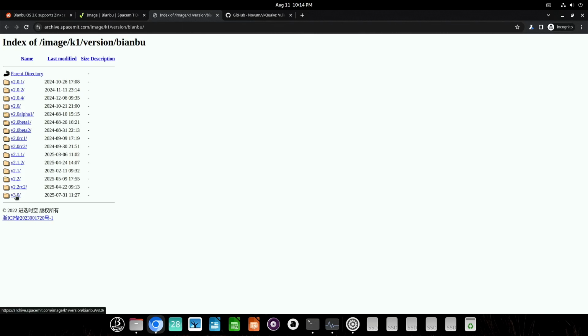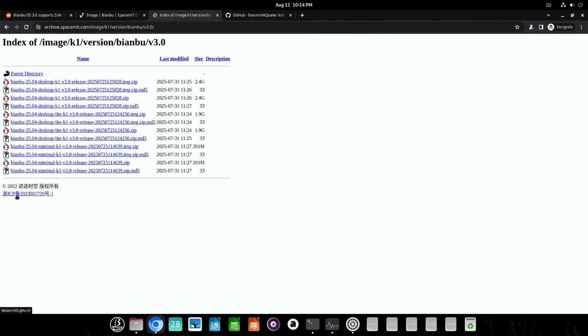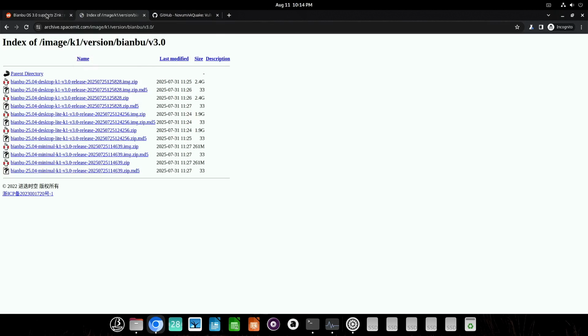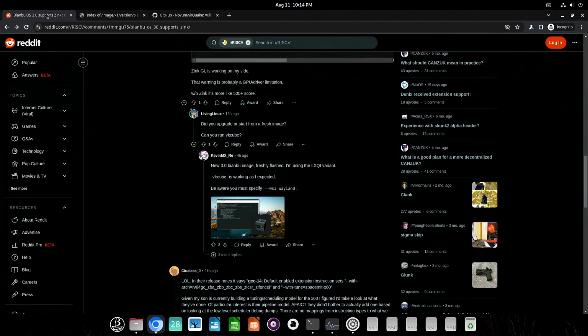So in this case version 3, and then you can have the regular desktop or the light desktop or minimal or server image. So yeah, for me, because well,